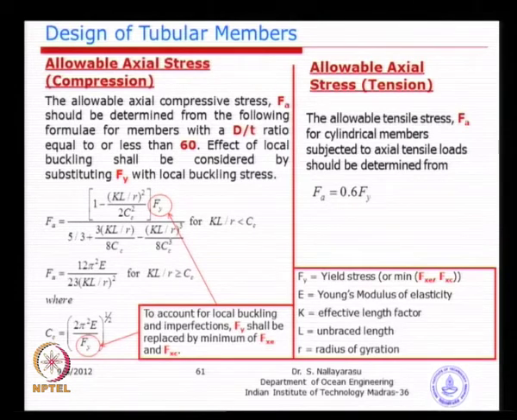In this particular case, the parameter of interest is two things. One is the slenderness, which is going to lead to buckling, or the yield stress, which is going to allow the member to yield. So, these two parameters, we just have two equations. Equation 1 is basically the yielding side, whereas the second one is the buckling side. You can distinctly note down these equations.